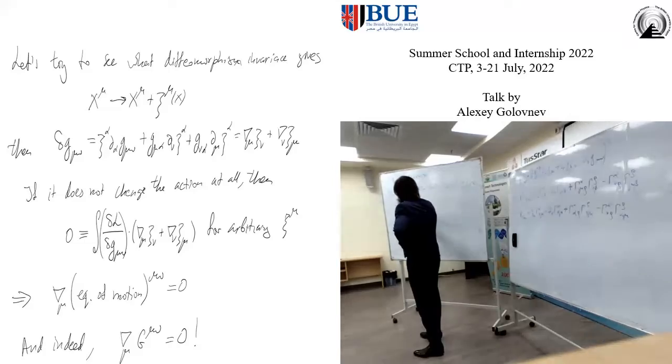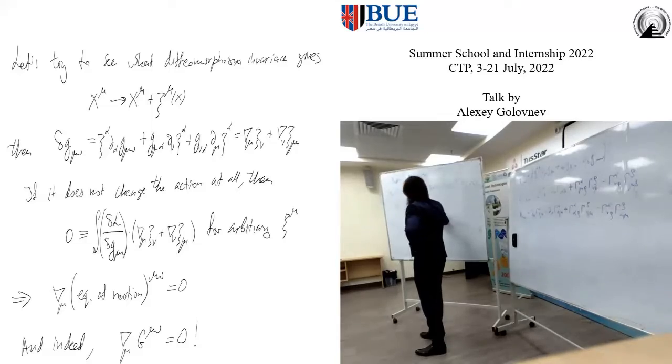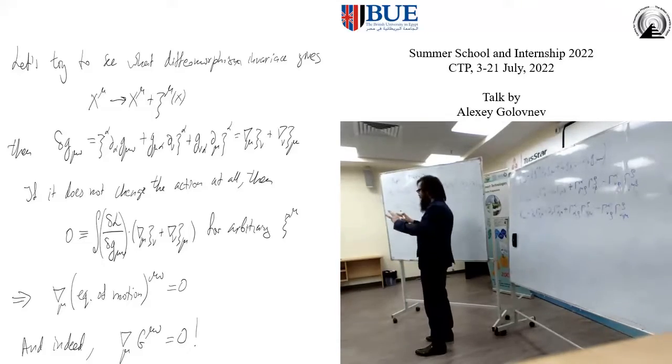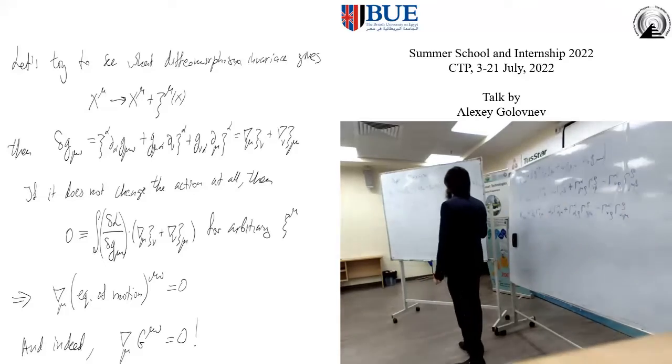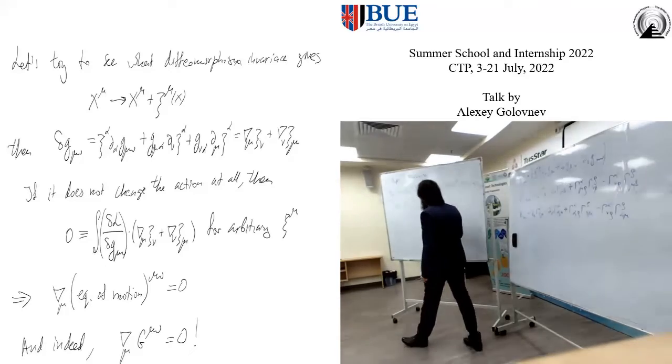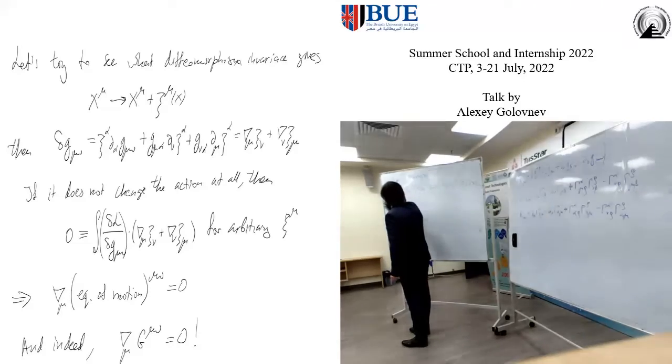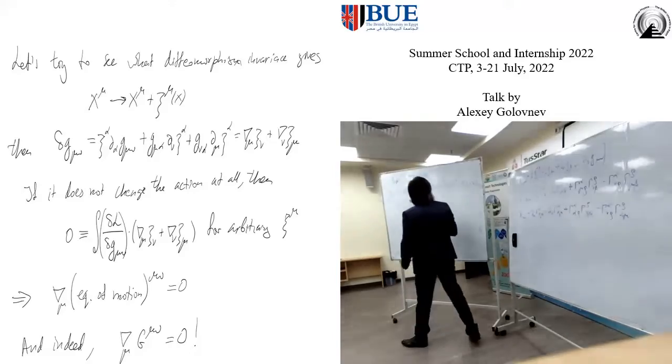And then I require that this variation is equal to 0 for arbitrary variation of the metric. The only condition is that it tends to 0 fast enough at infinity. Otherwise, for arbitrary variation, this should be equal to 0, and that's my equations of motion. But if I assume that my action is gauge invariant, is invariant under diffeomorphisms, that means that if I